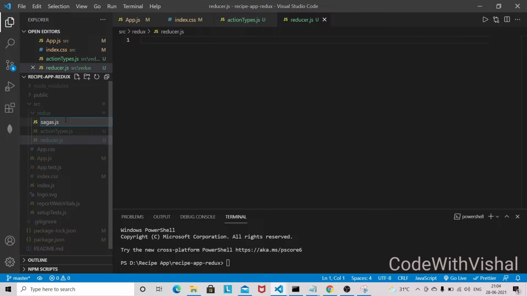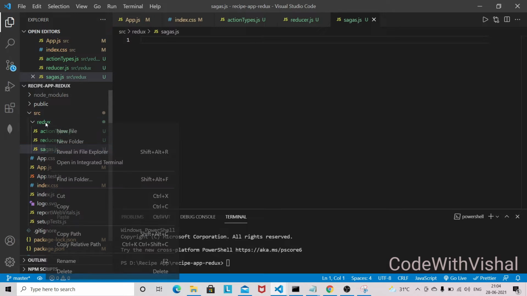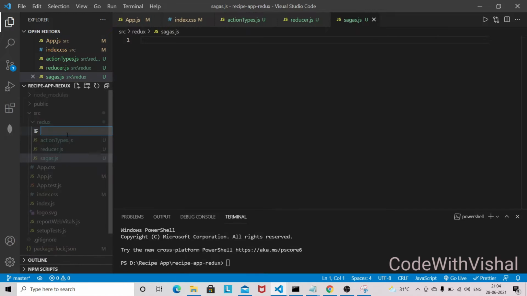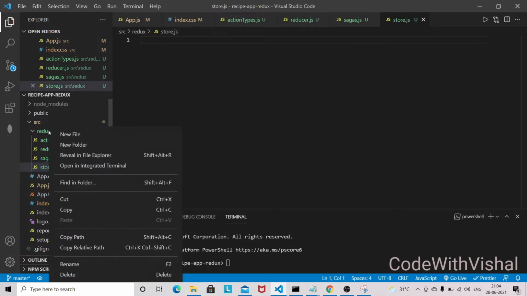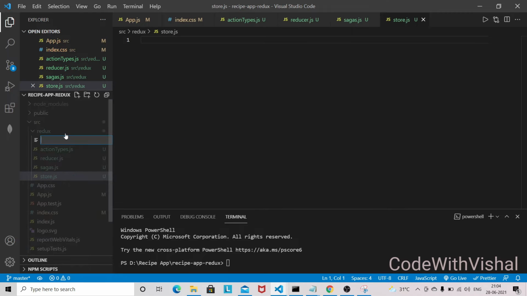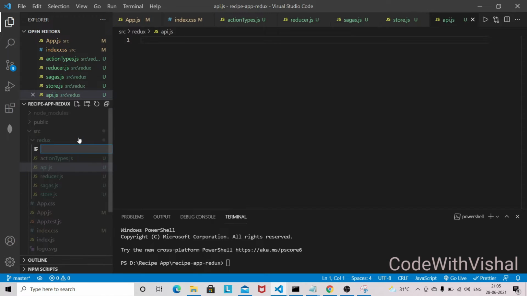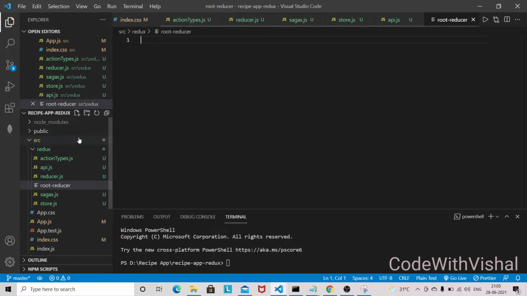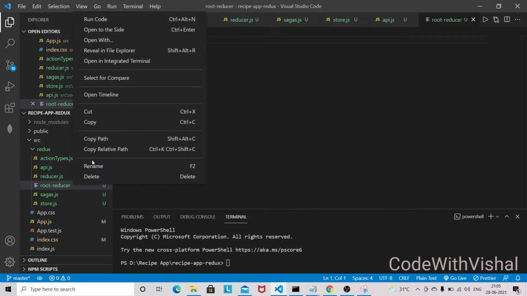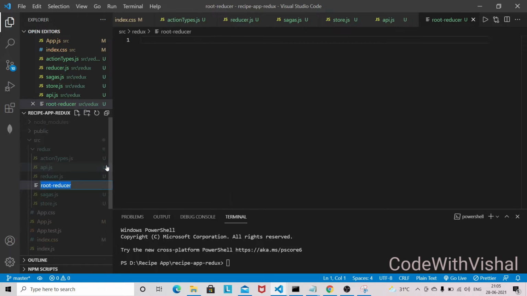So let's create that file as well. Then we need a store, and one more file is required, that is called api.js, and one more file, rootReducer. And we are going to write all the component code in our app.js itself.